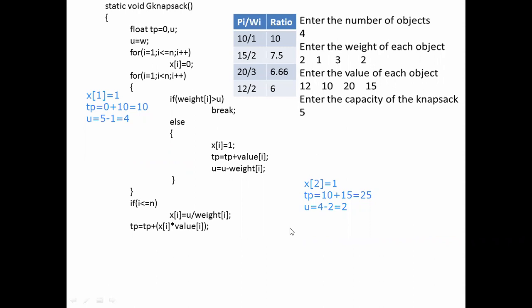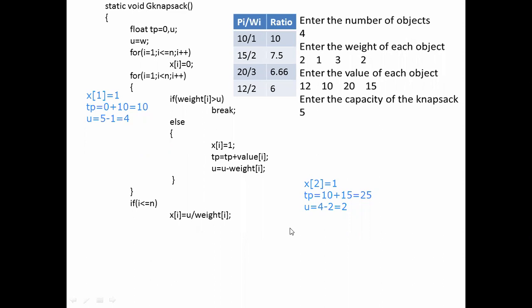U is equal to 2. 2 divided by the weight of I, which is 3. So 2 divided by 3, which is equal to 0.6. So x of 3 will get the value 0.6.